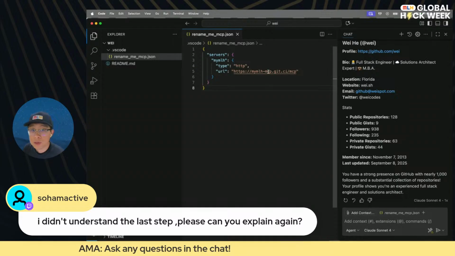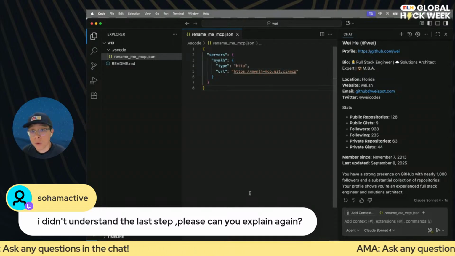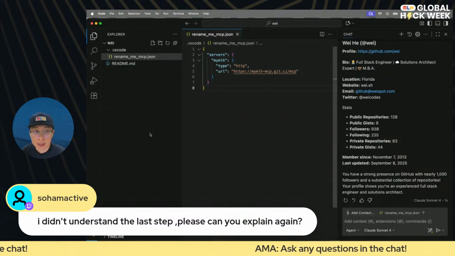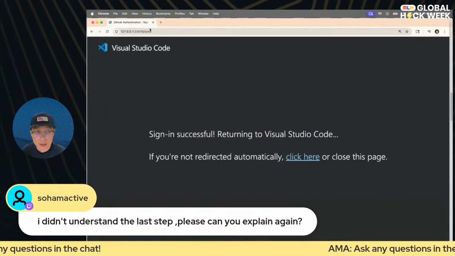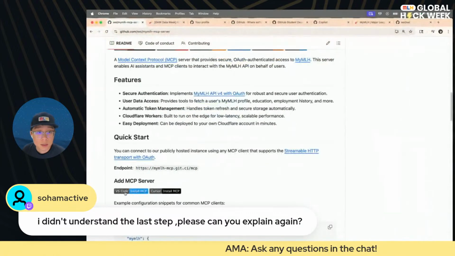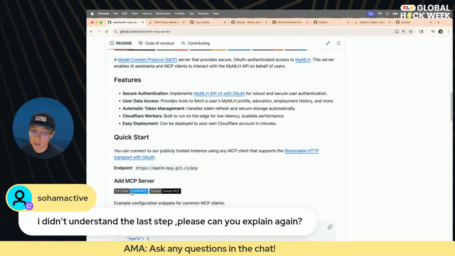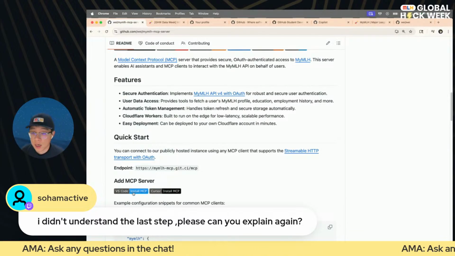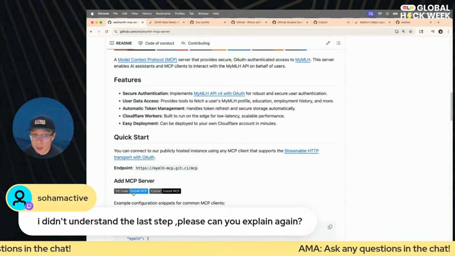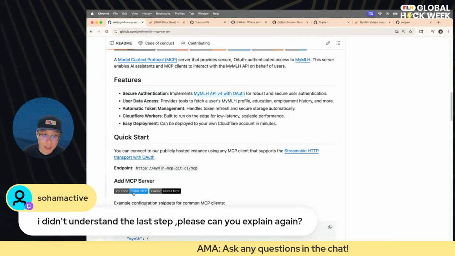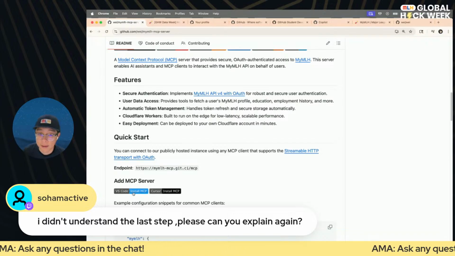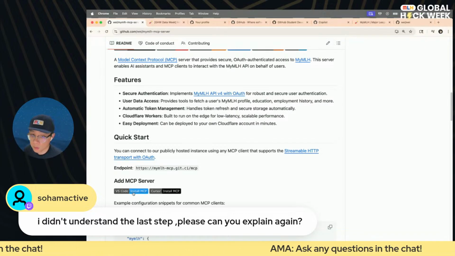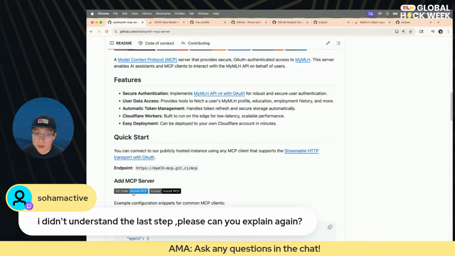Essentially, there are two ways to install MCP servers. One way is to install it globally, meaning you just have all the servers installed here, right? If I just click that button, which I showed earlier, this will install the MyMLH MCP server globally, so that regardless of what project you're in, let's say you're working on your homework project, a second project, now you're working on a GitHub profile, all those projects will have access. If you're working with the Copilot coding agent there, they will all have access to the MyMLH MCP server.